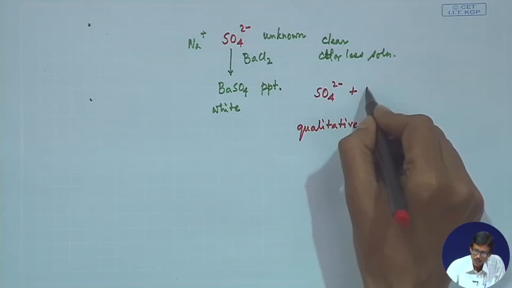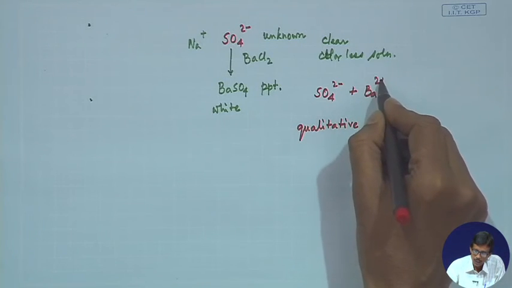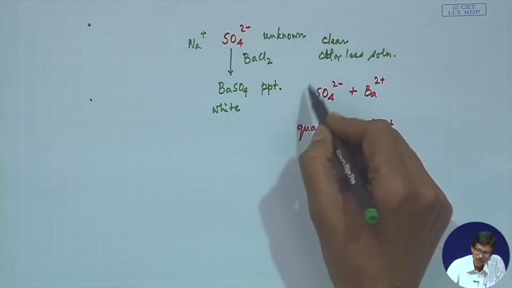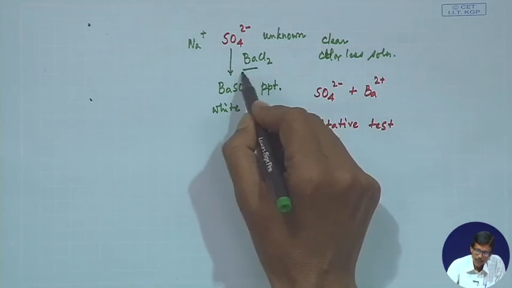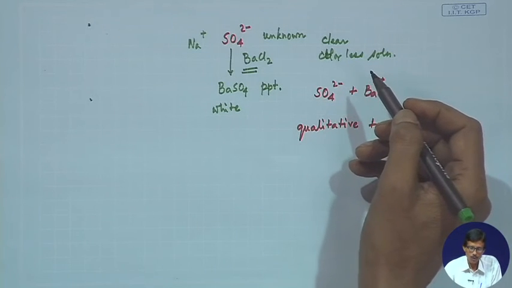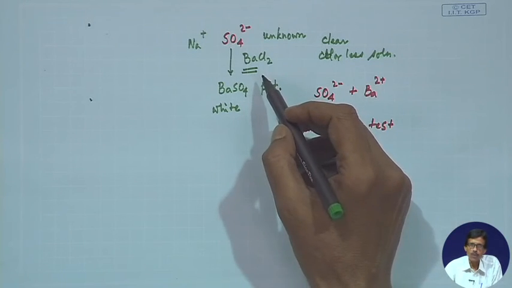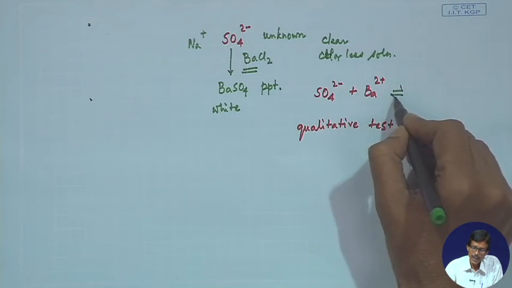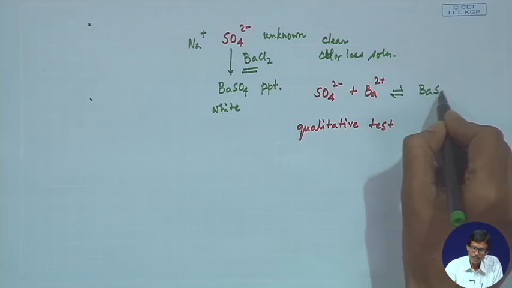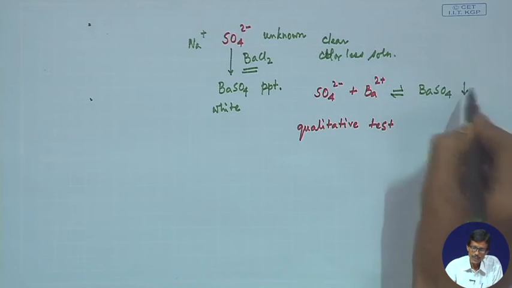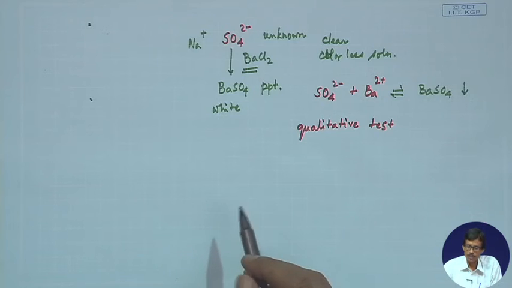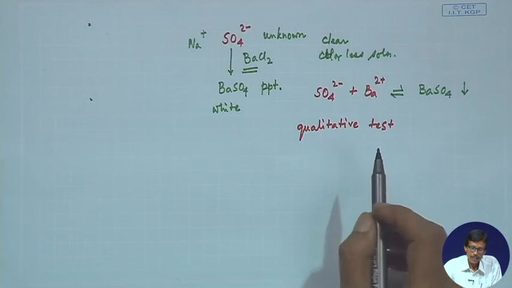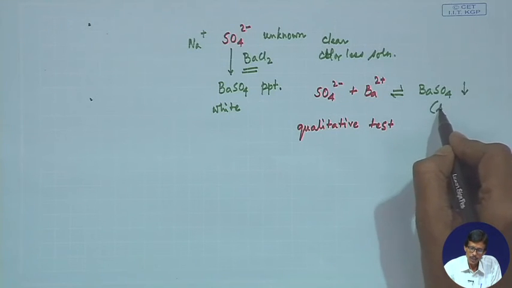By the addition of a reagent, we focus our attention only on the cation, because we are trying to identify the anion. So, barium we are giving as barium chloride, which is soluble in water. This gives rise to the precipitate barium sulphate, and we write this as the corresponding white precipitate of barium sulphate. What we see is that this is a solid and it is sparingly